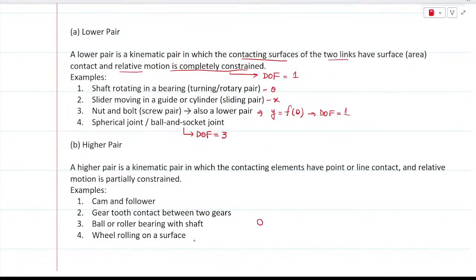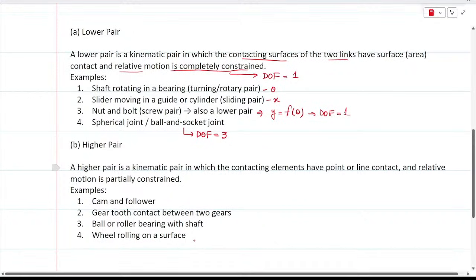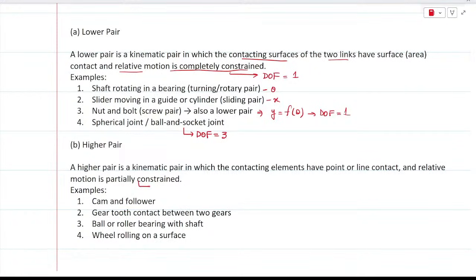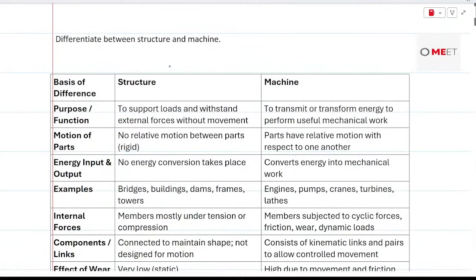And a wheel rolling on the surface is also an example of higher pair. So here, when it says partially constrained, it means the degree of freedom could be greater than or equal to 1. Differentiate between the structure and the machine. To begin with, the structure is going to support the loads and withstand the external forces without motion. So here, without motion means